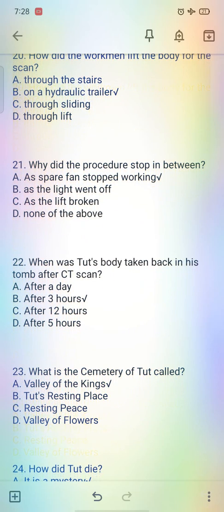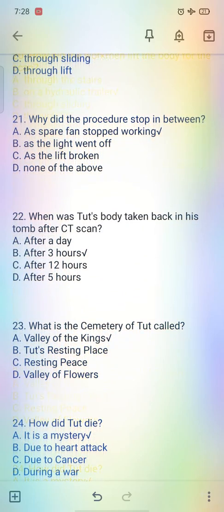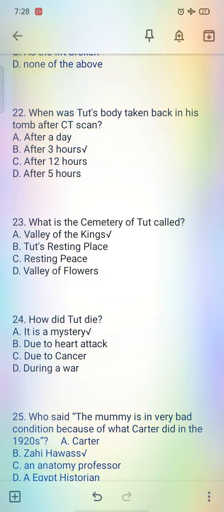When was Tut's body taken back after the CT scan? So after 3 hours would be the correct option. After a day, after 3 hours, after 12 hours, and after 5 hours. So 3 hours would be correct. 23. What is the cemetery of Tut called? Valley of the King, Tut's resting place, rest in peace, Valley of the Flowers. So as we have studied, Valley of the King,